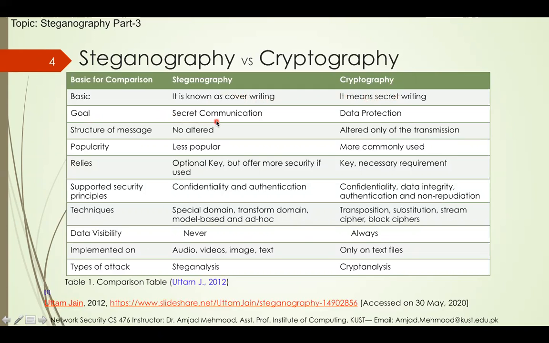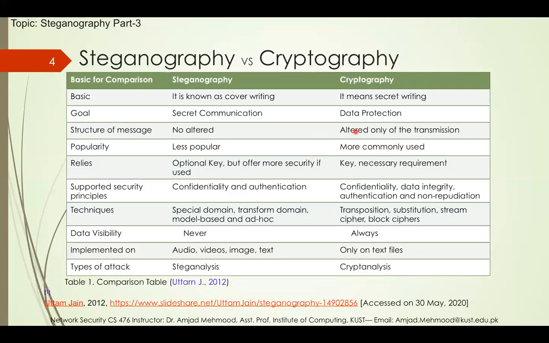Goal of steganography is secret communication, whereas the goal of cryptography is data protection. Message structure of steganography is not altered while you are using steganography. The message structure will not be changed, while in cryptography the structure will be altered or changed as per the